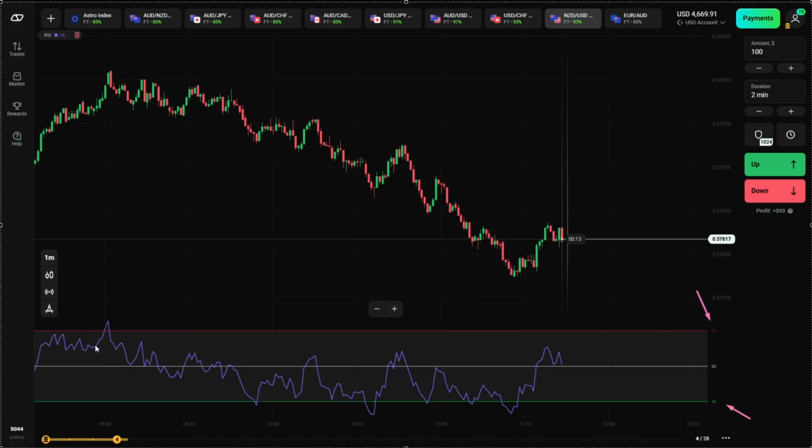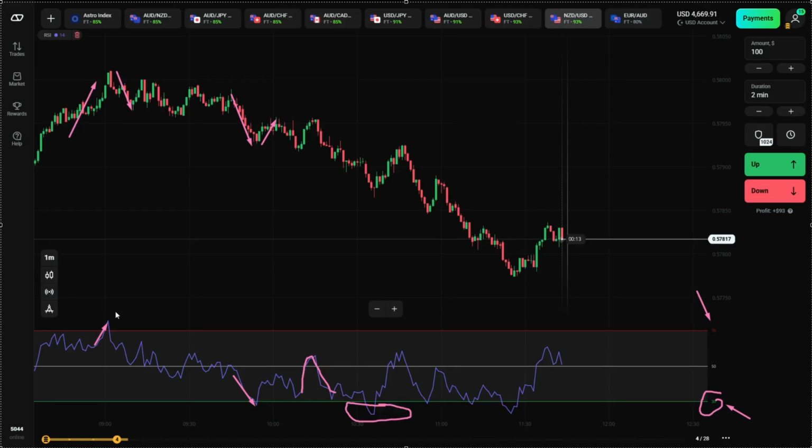As you can see, this is the RSI line and we have three levels: the 70 level, the 50 level, and the 30 level. Let me explain a bit about the 70 and 30 levels. The 70 level represents the overbought zone. When the RSI crosses above this line, it means the market is overbought. Conversely, when it drops below the 30 line, it means we're in the oversold zone and it's time to start